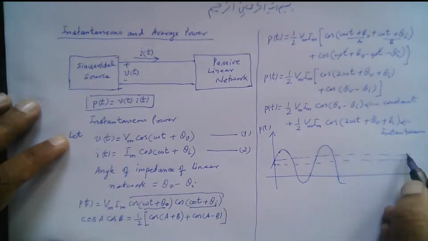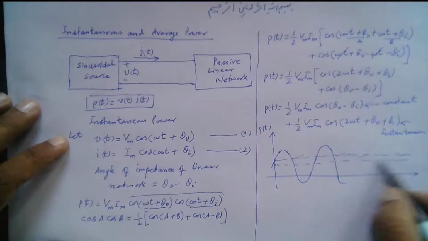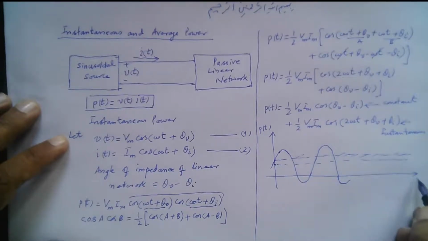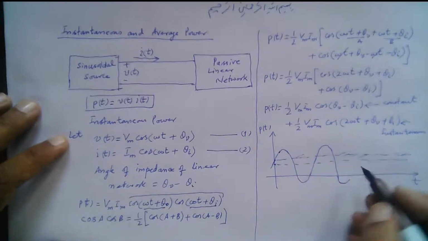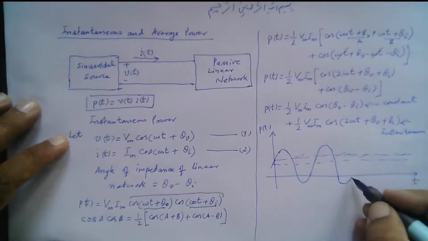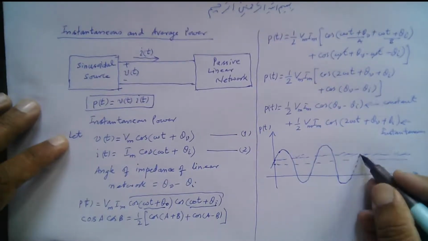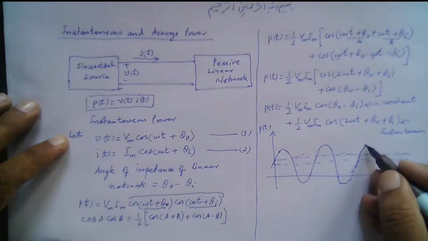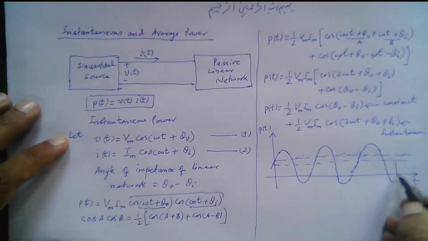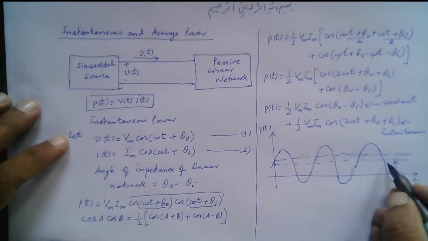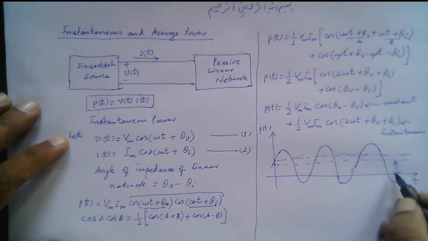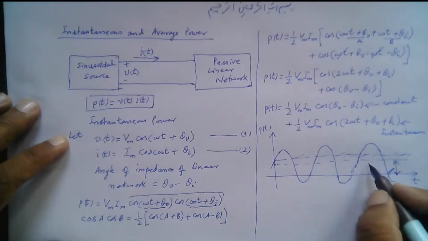So this is the axis. The horizontal axis is t here, and this is P of t here, but the middle of this sinusoidal term is this line here, almost. And this value here is this power term, this constant term, 1 by 2. This difference here,